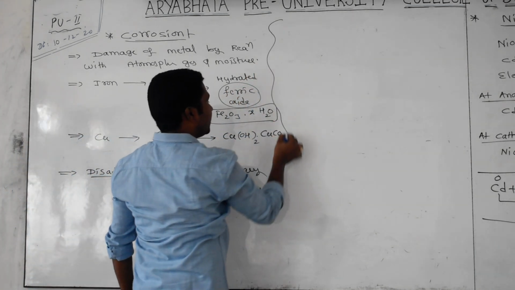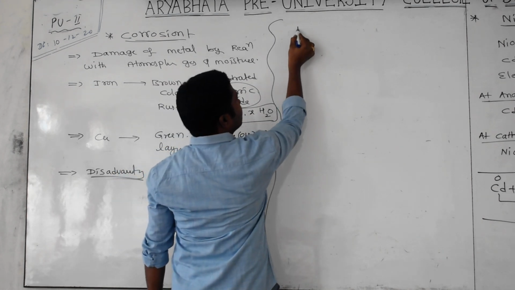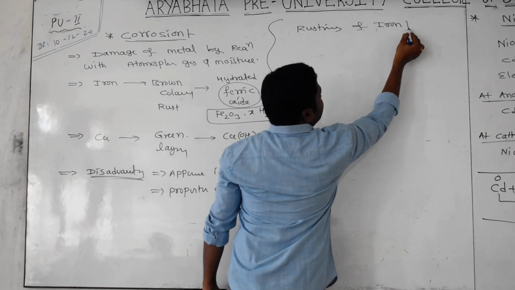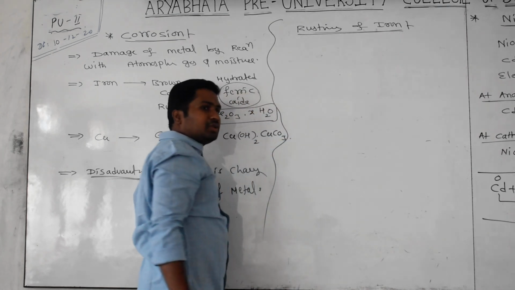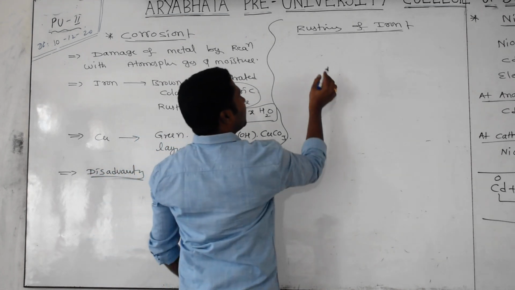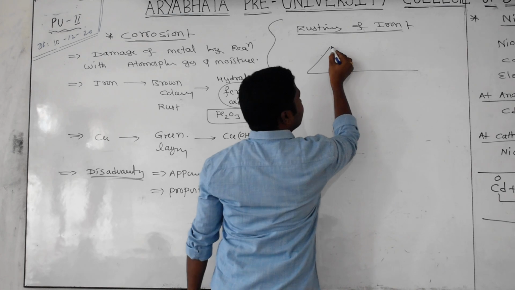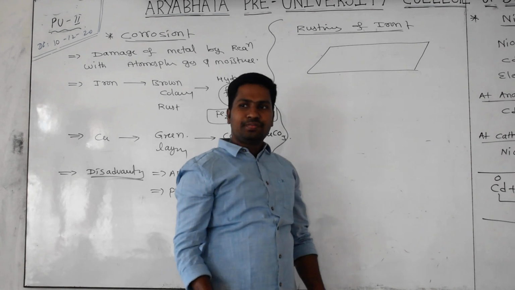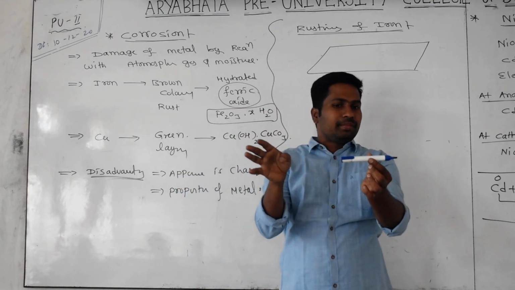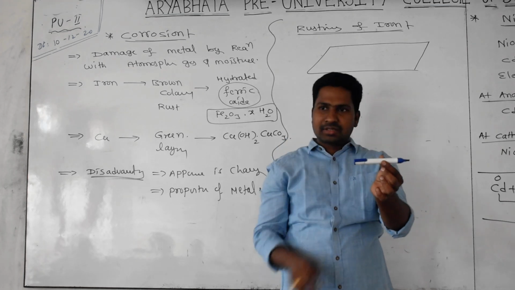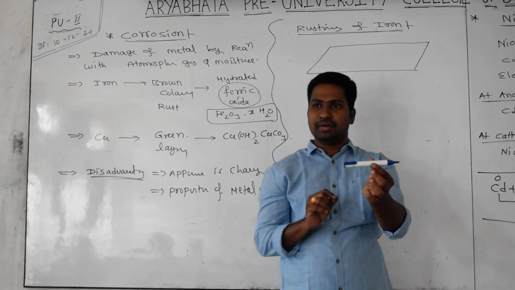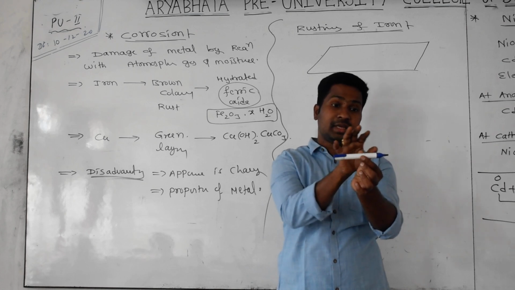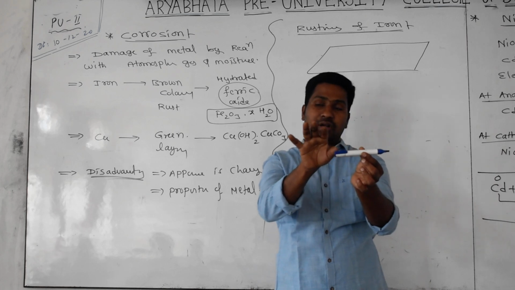See, rusting of iron. Yes, this equation is important for board examination as well as competitive examination. First of all, we have an iron metal. Imagine this like a surface of the iron metal. Did you observe or not? On this iron rod, the complete layer will not be covered with rust. Observe very carefully. Somewhere brown color will be there, remaining as it is, again brown color will be there. Means the whole surface of the metal will not be covered with rust.